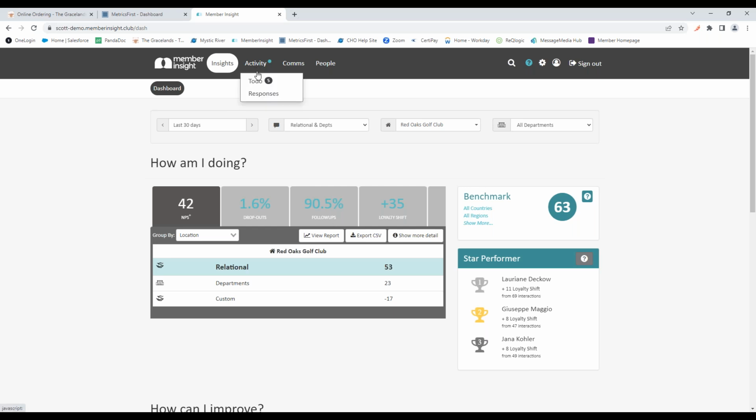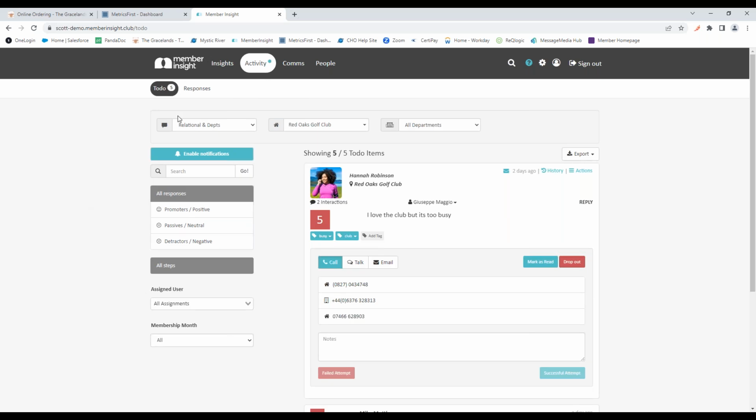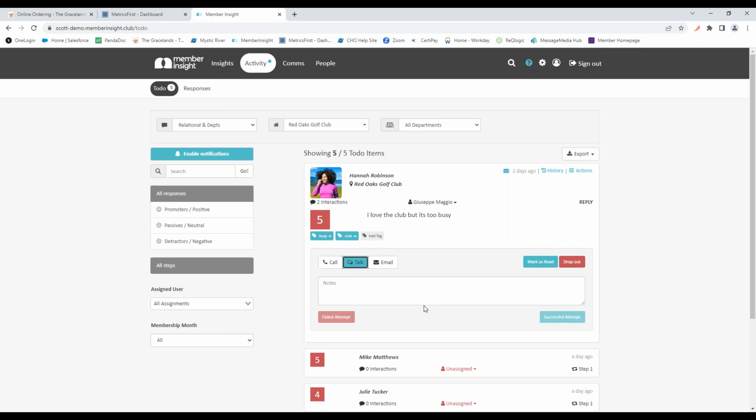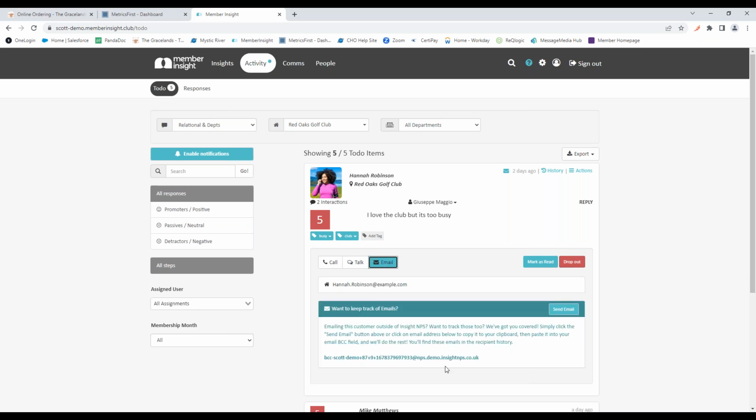Next, we'll jump into our activity, and we have a couple things we'll touch on here before we wrap up for the day. This is going to just show you all your responses and your follow-up items that you need to do. We have this set up where if someone leaves a negative survey score, it's going to prompt a response from staff. So within here, you'll be able to see the score they left, their comments that they had as well. It's all going to integrate their contact information. So we'll be able to see their phone numbers within here. You can leave your notes. If you talk to them in person, you can leave notes as well, and their email too.